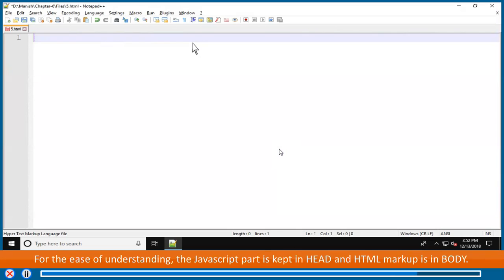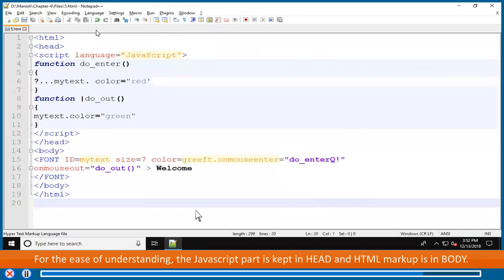For the ease of understanding, the JavaScript part is kept in the head and the HTML markup is in its body. html, head, script language="JavaScript" function do_enter() { mytext.color="red" }